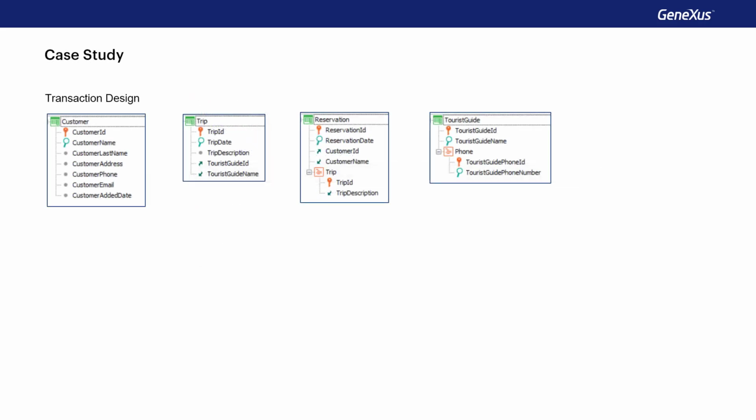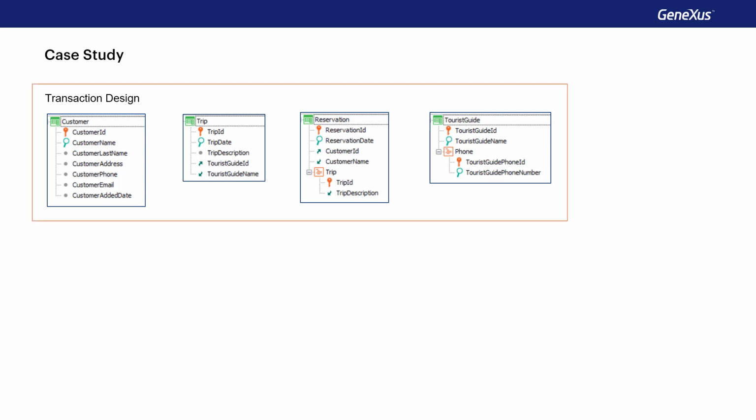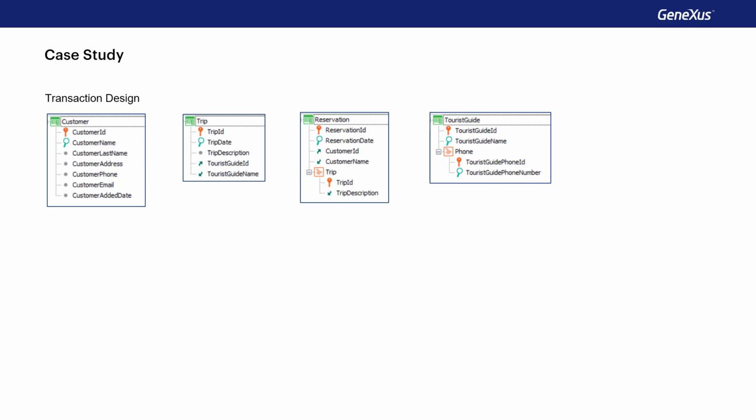In a previous video, we analyzed a case study to determine how GeneXus applies filters when they're received as an attribute in the parm rule. Going back to that same case, we'll see how to prevent that filter from being applied. We then start from the design of transactions design that's displayed, and we needed to obtain a list showing, for a given client, and from a given date, all the tours he's booked, and for each of them, the contact phone numbers of the tour guide in charge. To achieve this, the source shown is proposed.